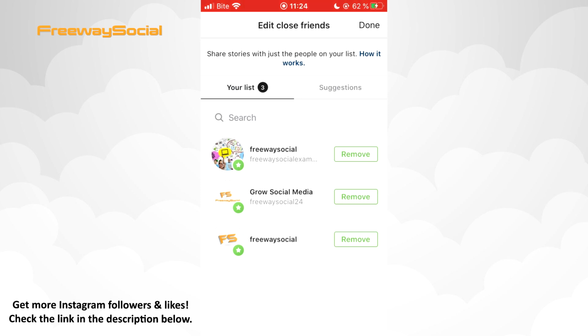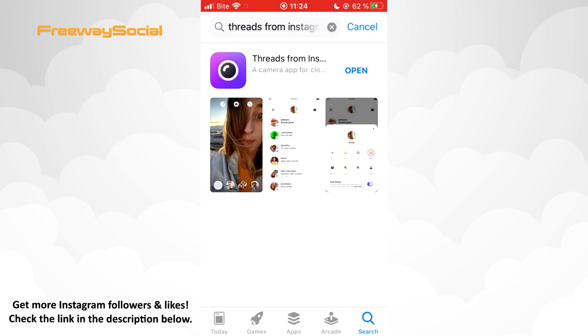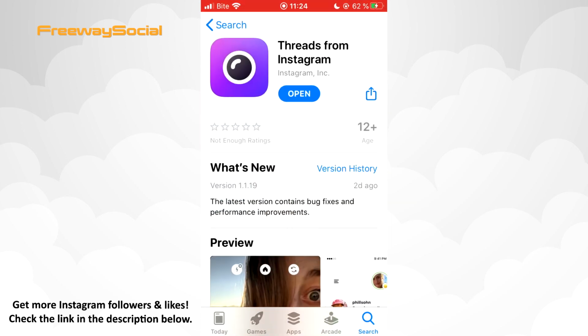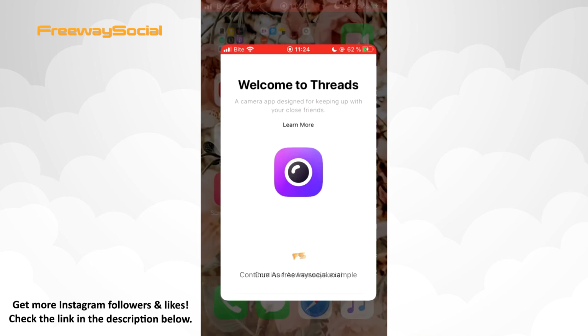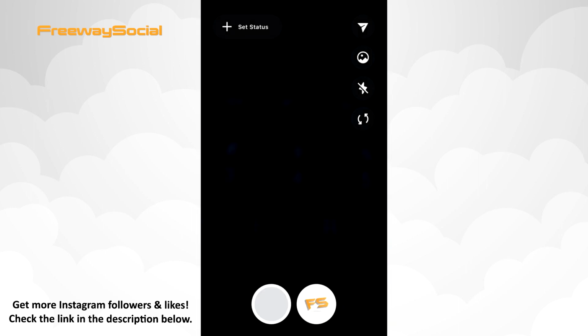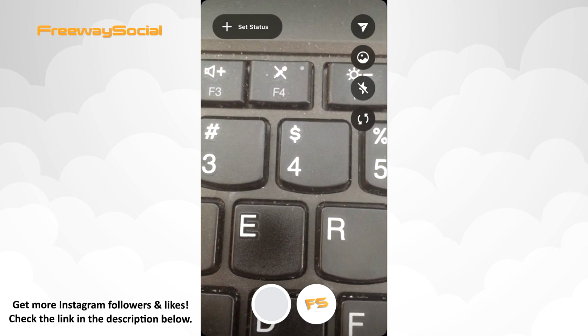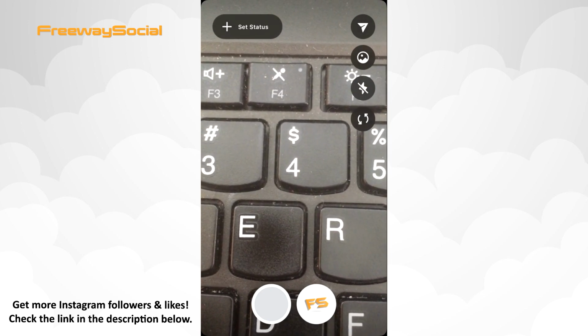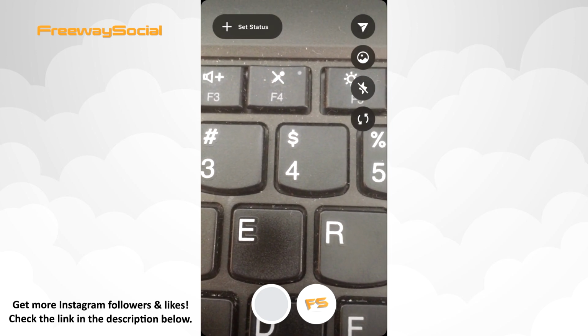Now go to your App Store if you have an iPhone or to Google Play Store if Android. Find Threads from Instagram app and click to download it. Now go and open it. You need to sign up with your Instagram account information. Once you have picked your close friends and set up all of your settings, you will be moved to a